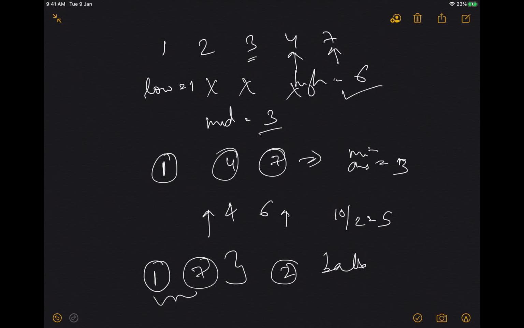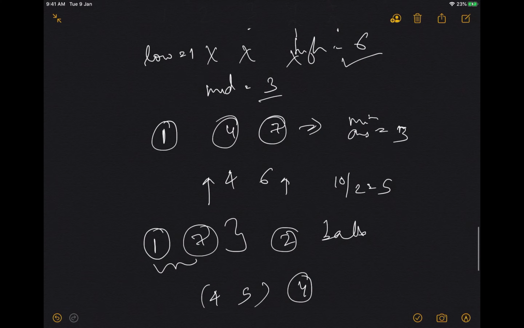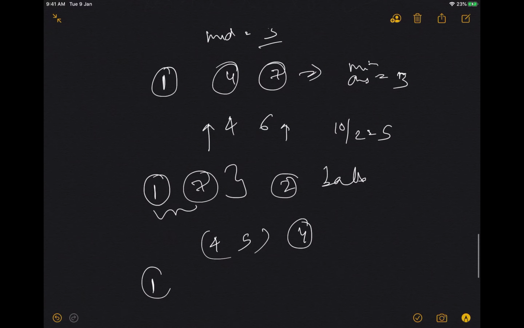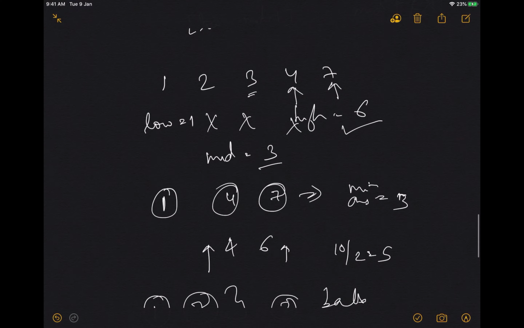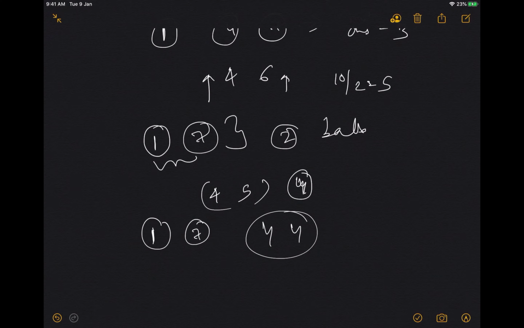So we reduce our bound. We reduce our high from 6 to 4, so low is 4, high is 4, and mid is 4. So again we check for 4. We put a ball at 1 here. Then can we put one here? No, again we cannot put at 4. So we were only able to put 2 balls, at 1 and 7. So we reduce our high from 4 to 3.